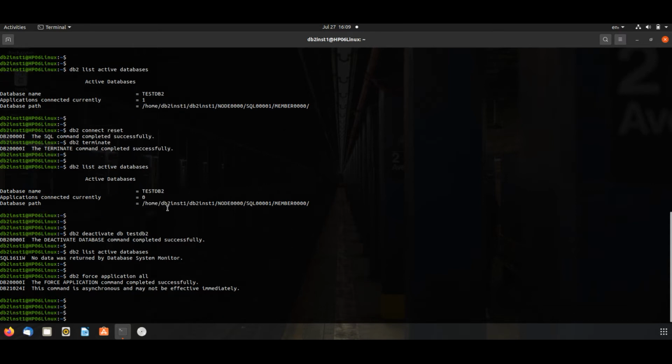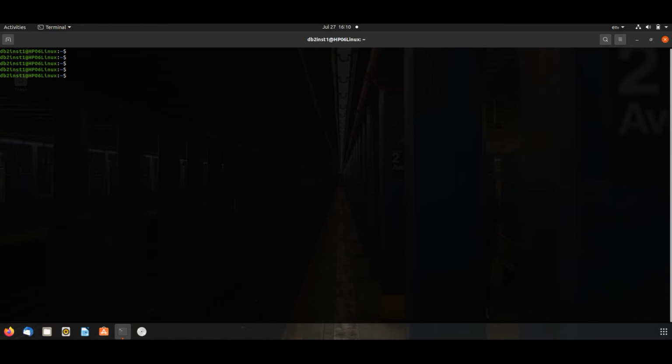If you want to force a specific connection to a database, let us make a connection to a database. For that we first list which database is active. db2 list active databases. There is no active database. We have to activate the database to make it online. db2 list db directory.